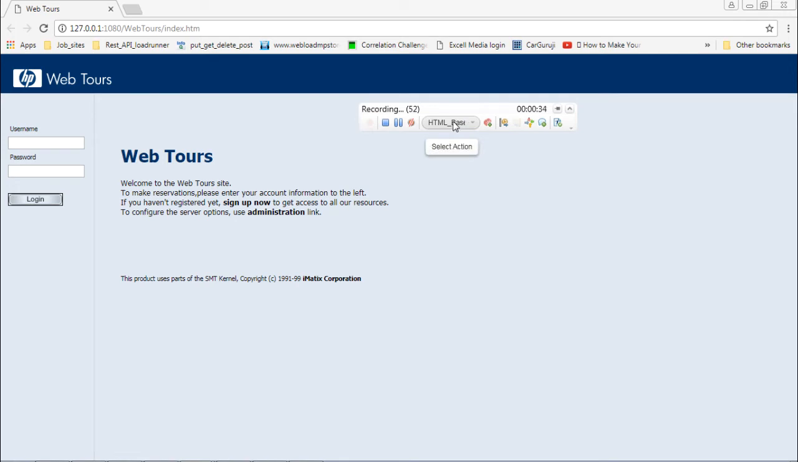So you see here, we are recording in the action called HTML based script. If at this point of time you want to change the action in which you want to record, you can click on this one and change the action so that further recording will be done in the next action. Now I'll go ahead and log in, but before I log in, I will add some